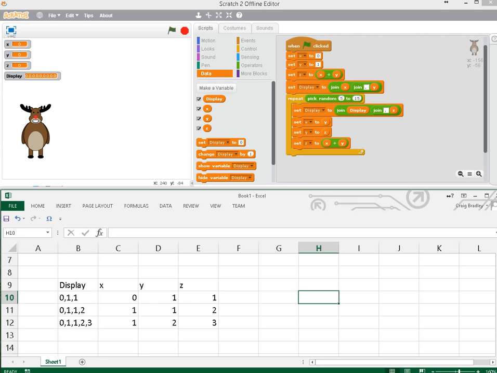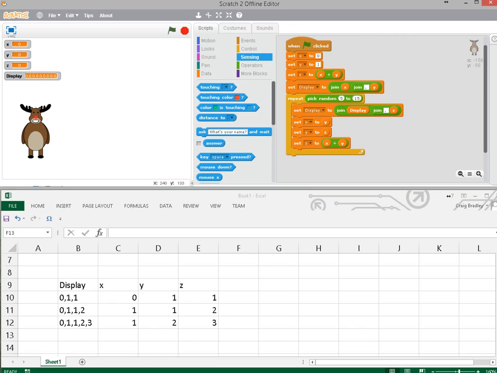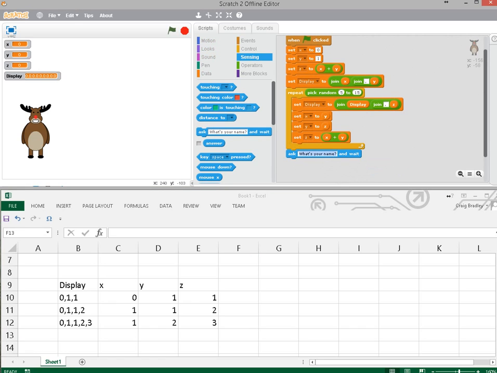So you see, each time it will loop around, it literally appends whatever it was on z to there. And then eventually when it exits, z is going to contain the next value that would be added to display. So now when we ask the user, we're going to say, ask user, what comes next, and we're going to display to them